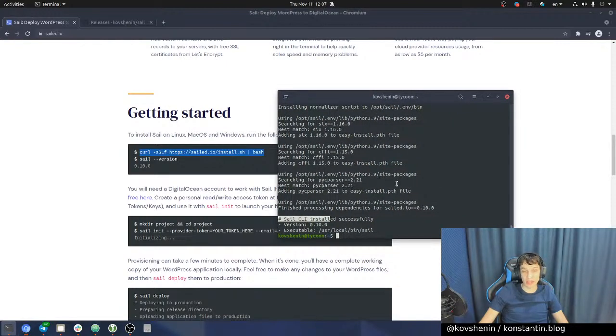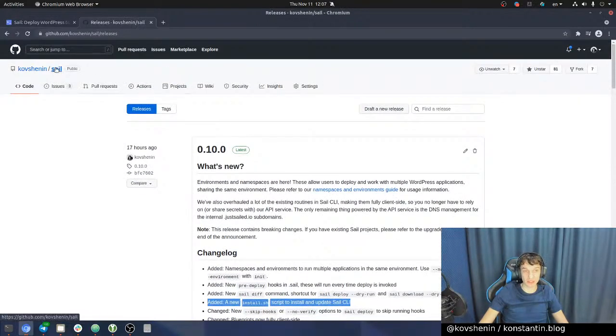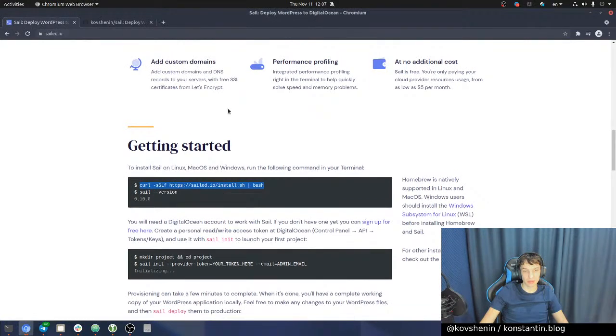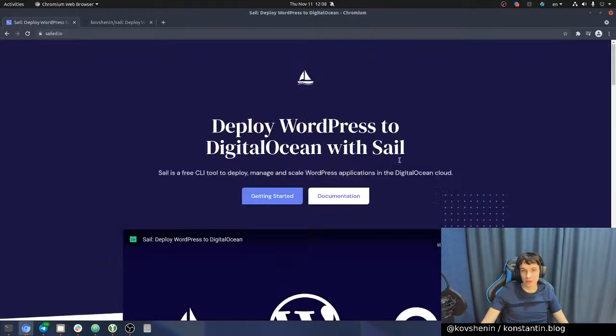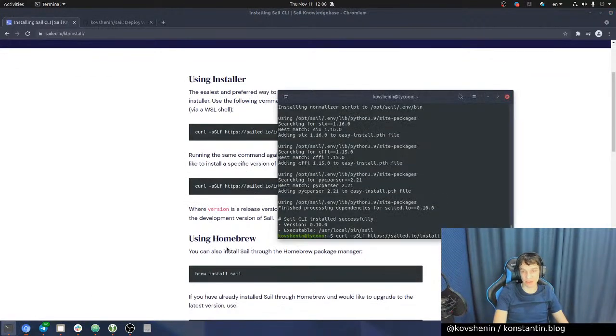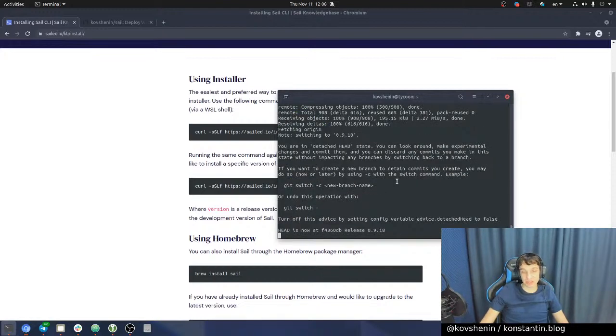So you no longer have to wait for us to ship updates to Homebrew or PyPI, but also this gives you the ability to run Sail pre-releases as well as Sail mainline. So if you do bash minus, I think it was -s. Okay, knowledge base, installing Sail, -s. So you can pass arguments to the script and say, I want to install 0.9.18, and it will then remove your previous installation and then install